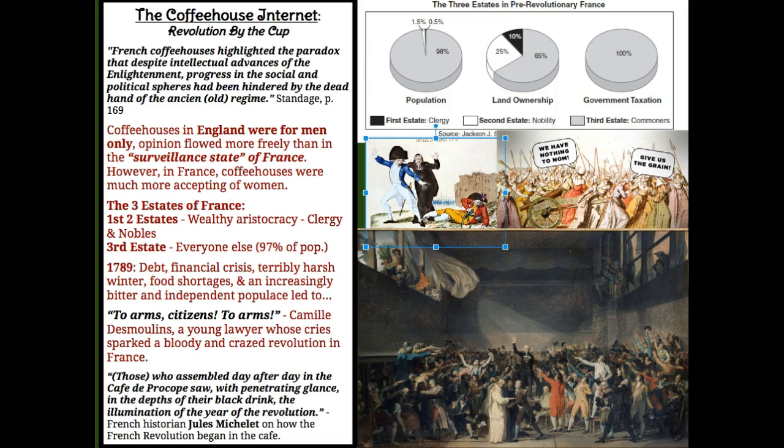Some of the pictures that you see to the right of the writing, we'll talk about this one first. This is the French king. You see the clergy, you see a commoner in shackles. This really represents the concept of the French Revolution, how the commoners were feeling, how 8% of the population was feeling at that time in terms of government taxation, in terms of land ownership, in terms of all the crises that were taking place and food shortages. It just led to a lot of bitterness.